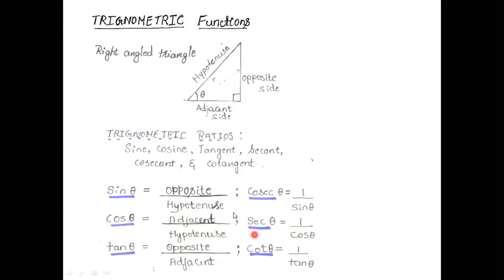Okay. Next, sec theta. What's sec theta here? It's 1 by cos theta, or sec theta will be equal to hypotenuse upon adjacent side. Okay, next function is cot theta. The value is 1 by tan theta, nothing but cot theta can also be written as cos theta upon sin theta. Okay,